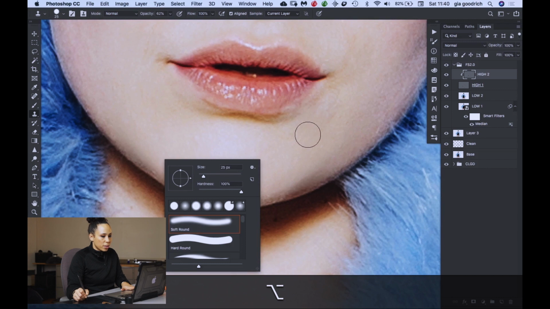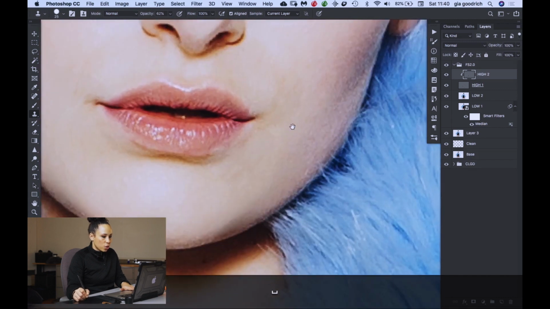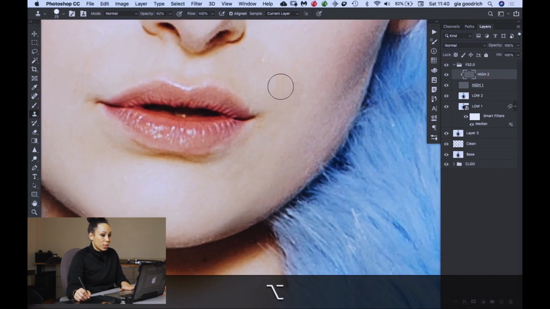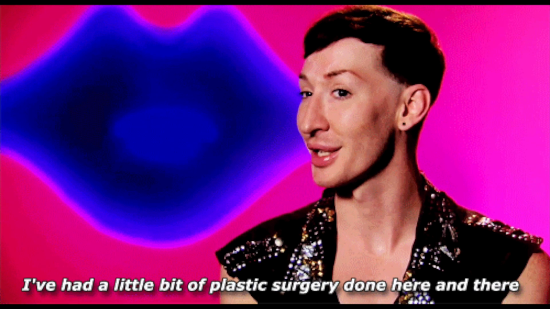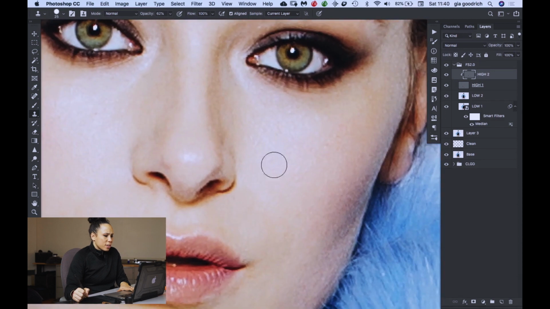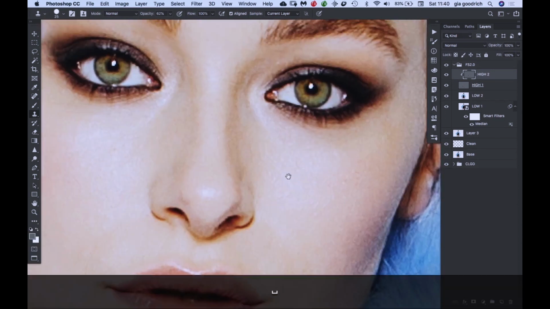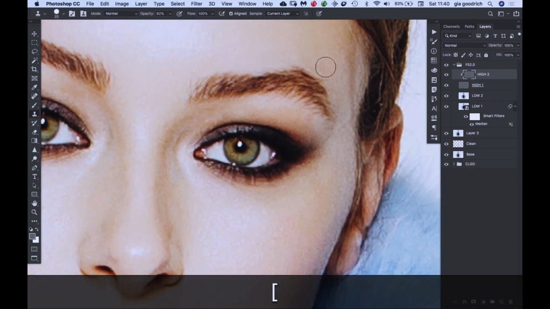Because there are some places where it's optimal to have texture, and there are other places where people use skin serums to try to make it look like they don't have any texture. So let's just be gracious. Let's just get it done. Okay. The other thing that I do at this step while we're still addressing texture